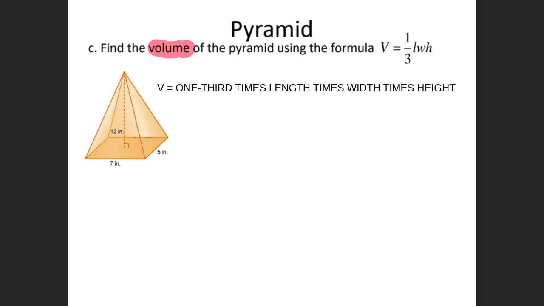Okay, that's my formula. Well, I have a fraction, and the nice part about it is there is no pi